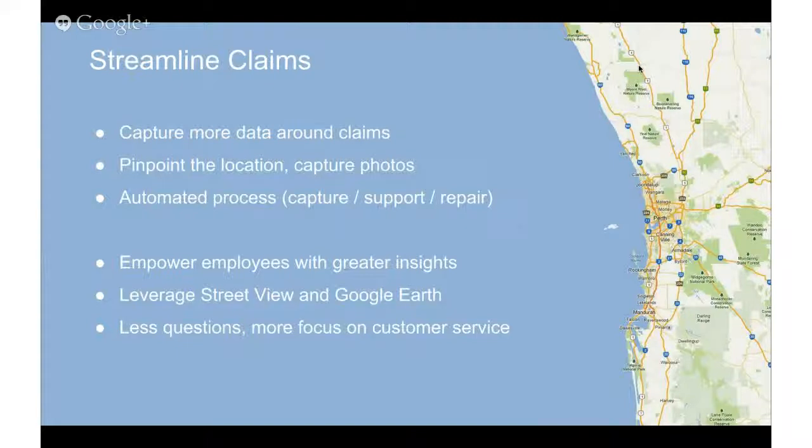Now, the second component talks about the ability to leverage the platform to visualize and publish data where it's needed most. And by this, we're talking about empowering your employees with greater insights. By using Street View or Google Earth, your claims agents have access to far greater contextual information about the location of a claim and the circumstances surrounding it. By providing access to this type of information in a programmatic way, you can have a far richer conversation with